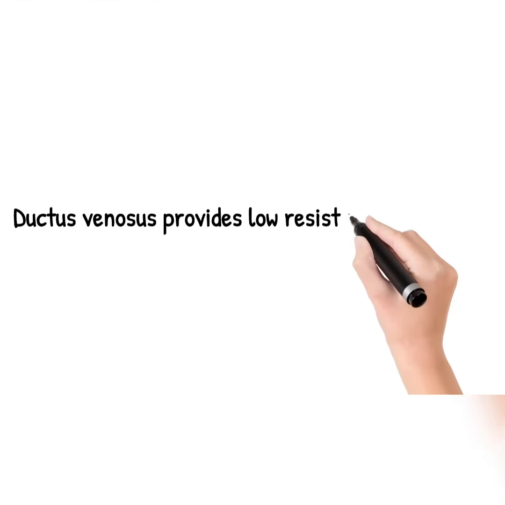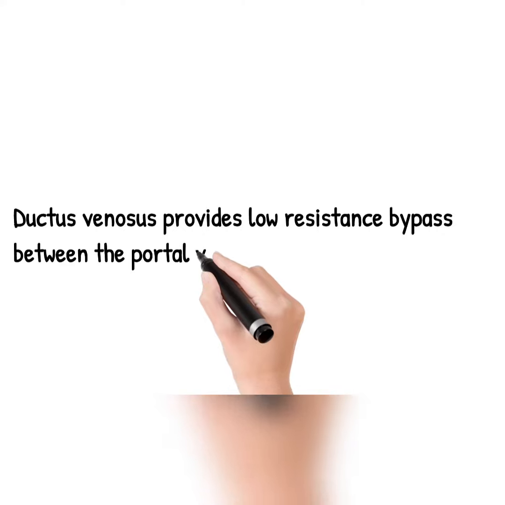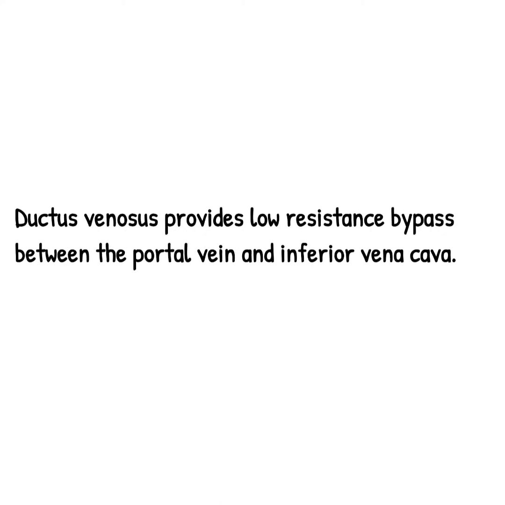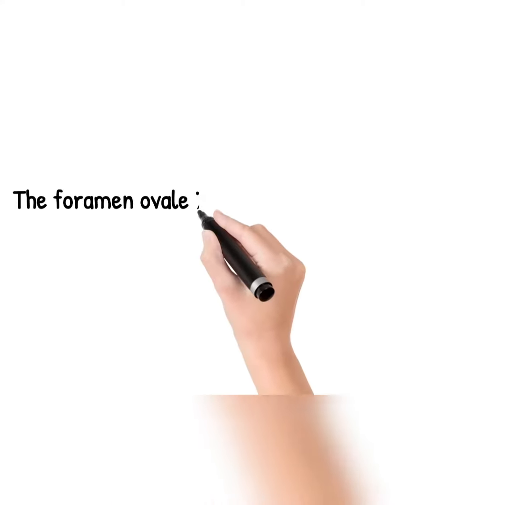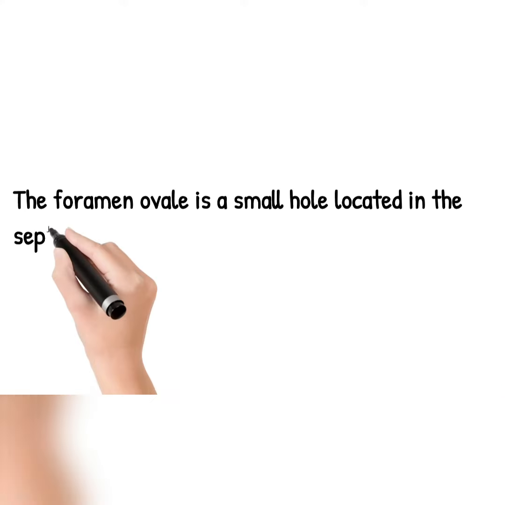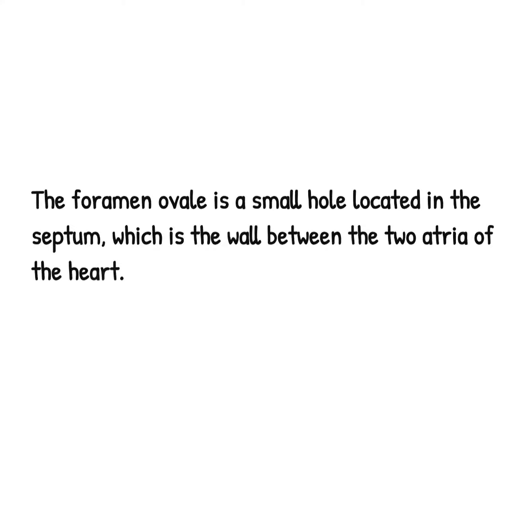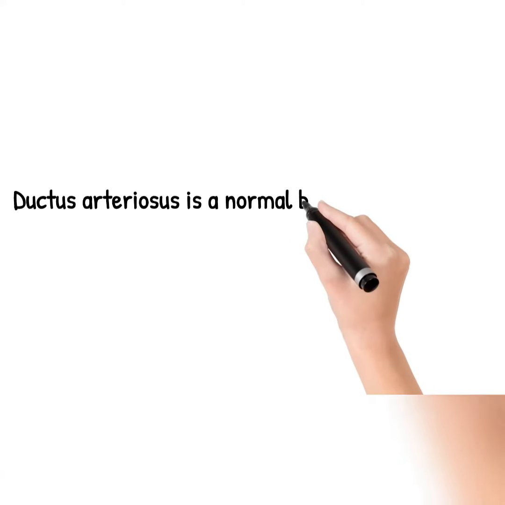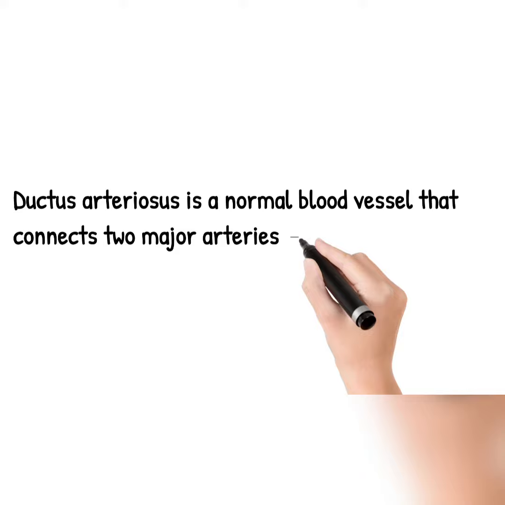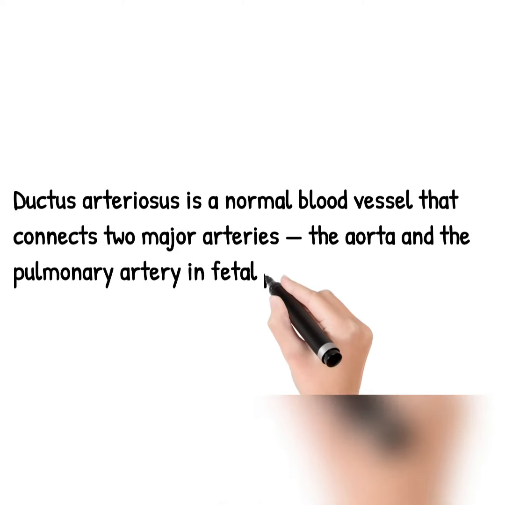Ductus venosus provides a low resistance bypass between the portal vein and the inferior vena cava. The foramen ovale is a small hole located in the septum, which is the wall between the two atria of the heart. Ductus arteriosus is a normal blood vessel that connects two major arteries, the aorta and the pulmonary artery